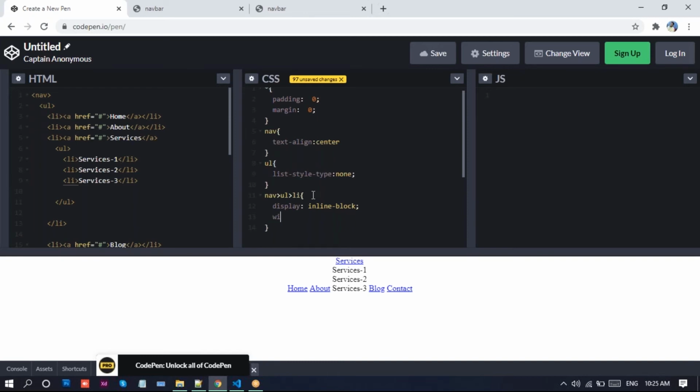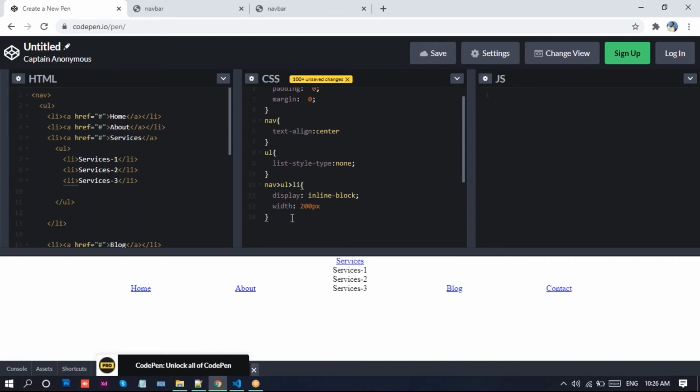Right now, display inline-block, and we'll provide a width in order to give some gap, so I take 200 pixels. Now look at this one. We created this.